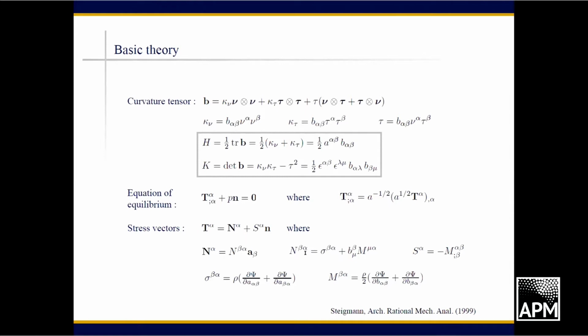And the tangential components involve a conventional stress, which is coupled with the curvature to a bending stress. This conventional stress is, as in conventional elasticity, related to the derivative of, say, free energy per unit mass with respect to the metric in the surface, a symmetric tensor, analogous to the Cauchy stress of continuum mechanics. And because of the possible dependence of the free energy on curvature, there are also the bending stresses. So this, the lower half of the page here, is a synopsis of the standard Kirchhoff-Love nonlinear